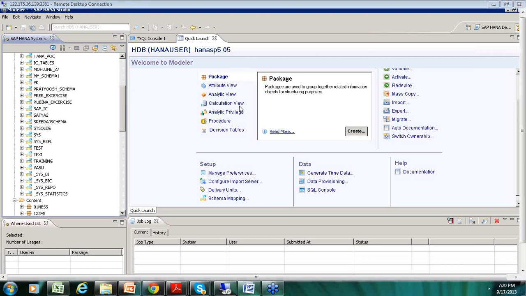These are all the different types of views that you are going to create within this content modeling, for the purpose of giving your reporting tools the leverage or the edge of performance benefits when compared with the other databases. So HANA Studio is the place where the modeling activities are supposed to be carried out,